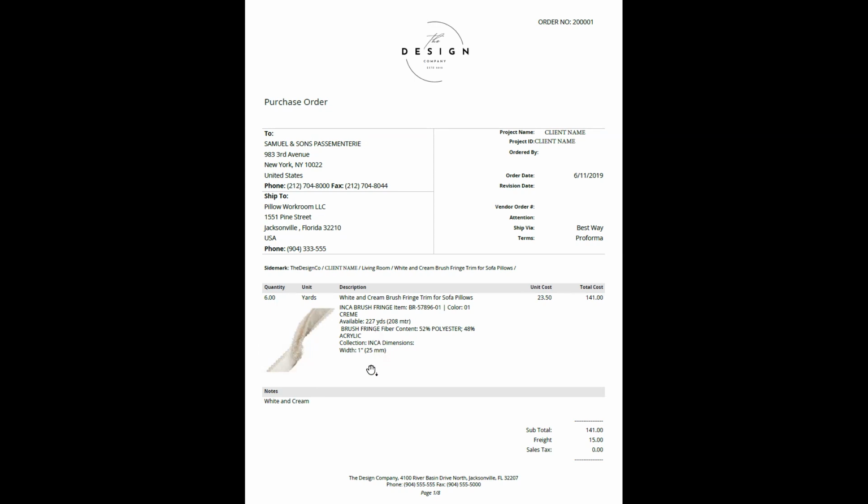So the designer may note, hey, send CFA for approval prior to shipping the product. And that would be written maybe right around here somewhere, or in the notes section. And then the manufacturer will see this purchase order entered in, send the CFA, the designer approves the CFA, and that initiates the sending of this product.